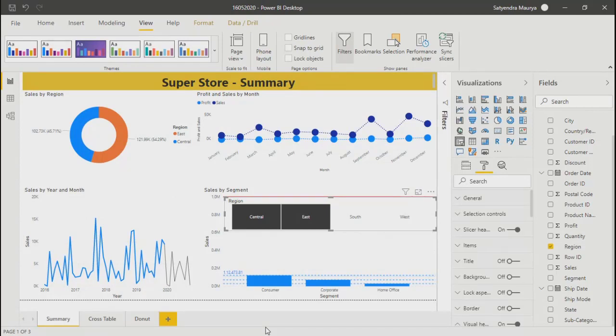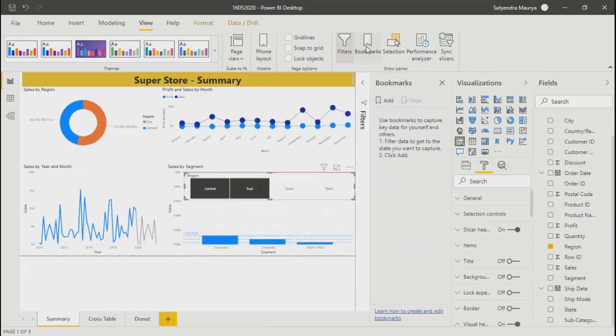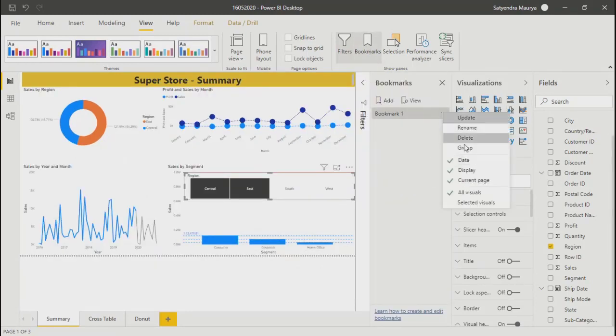You can go to bookmark, click over here, add, and you can name it something. You can take it as Central and East.